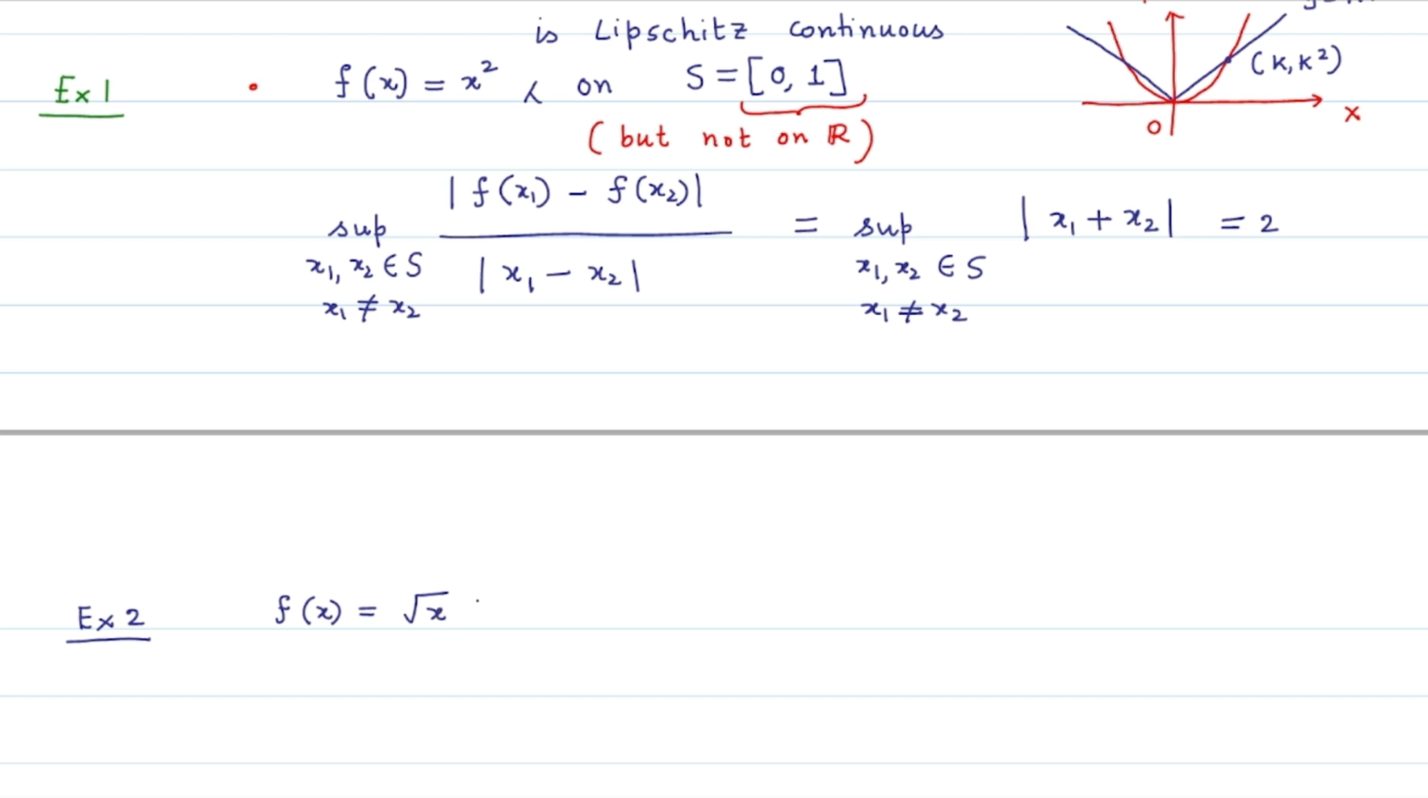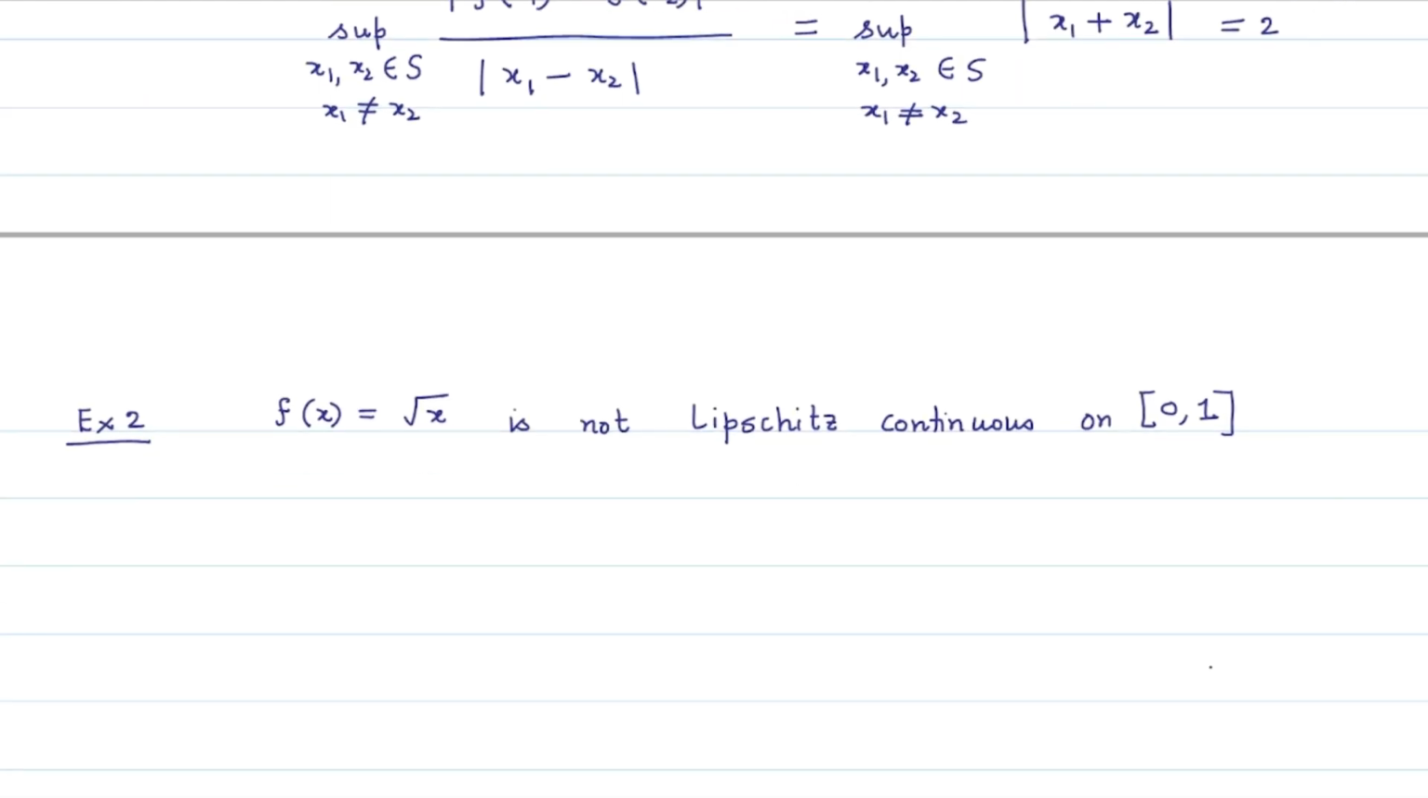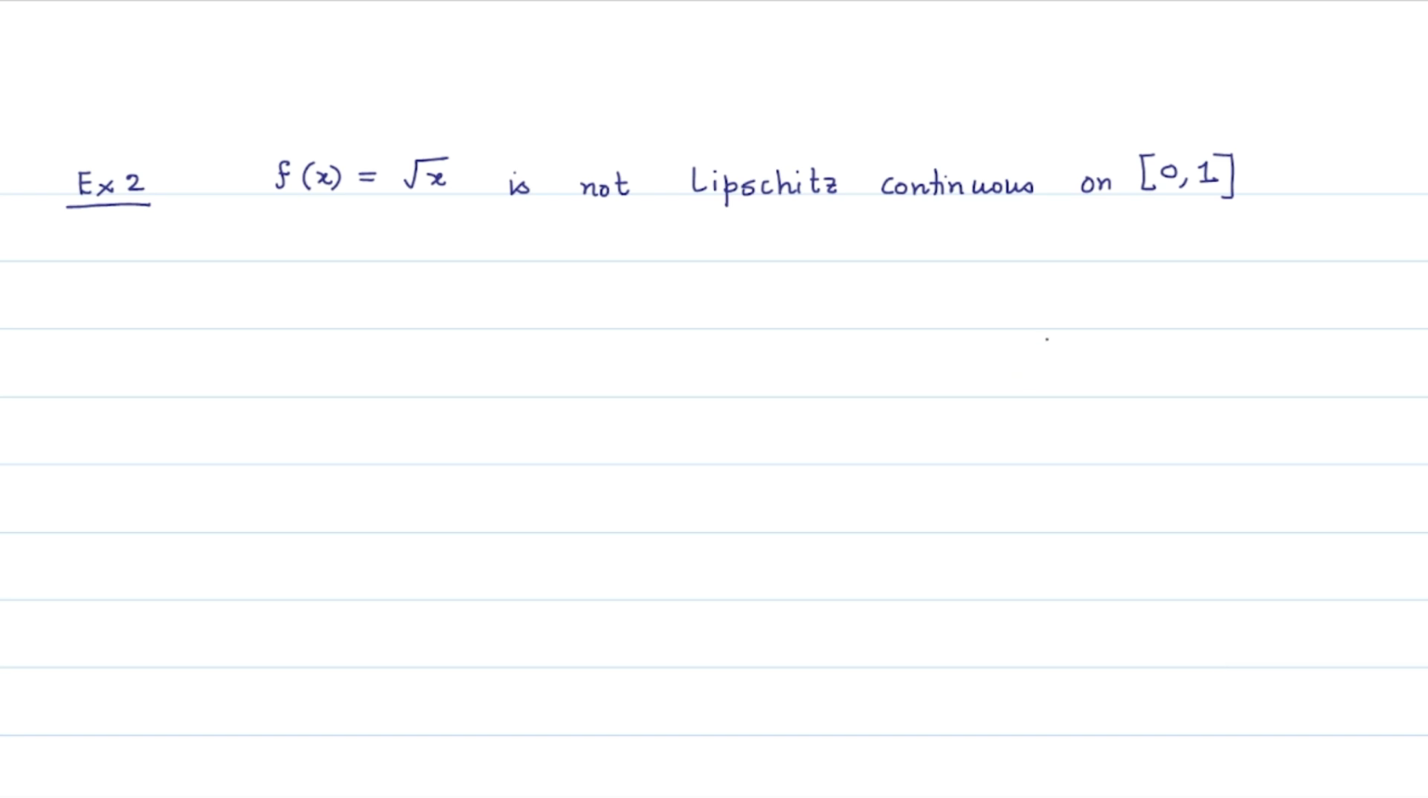From this geometrical observation, we can also quickly figure out that the function f(x) is equal to under root of x is not Lipschitz continuous on the closed and bounded interval 0 to 1, because simply you draw the graph of this function and you will find that for any positive k, the line y equals kx will certainly intersect the graph of y equals under root x. So you will not have any value of k for which the graph of the function y equals under root x will be below the graph of the line y equals kx,